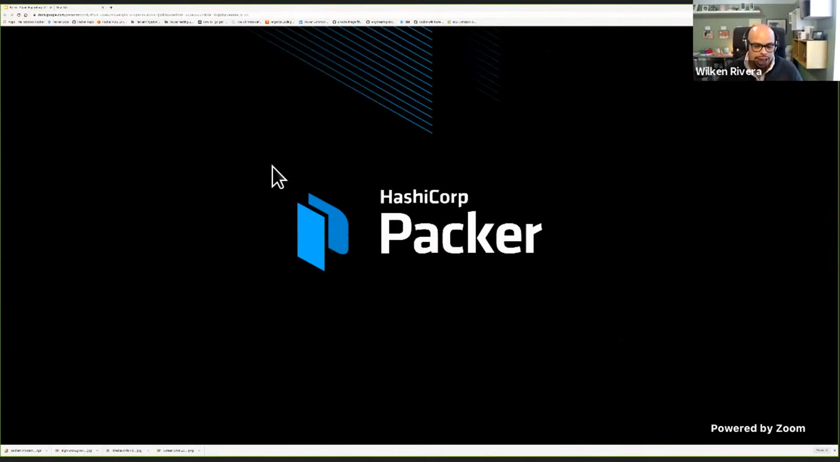For those not too familiar with Packer or are hearing the name for the first time, Packer is an open source tool for creating identical machine images for multiple platforms from a single source configuration. Those images can be for your favorite cloud providers, or maybe a container, or a VM or a template for your favorite hypervisor. Or what that means, if you're saying, hey, I didn't really quite catch that, you take one